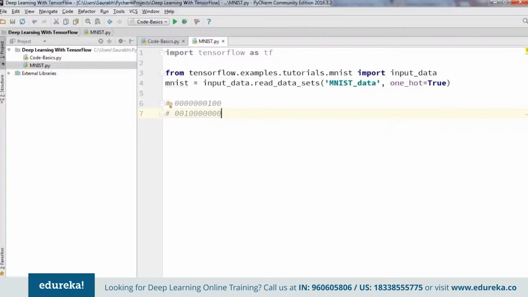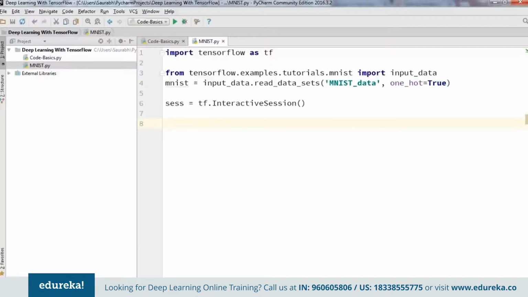So it's like only one output is active at a time. That's all. So our next step is to start the session like we do every time. So I'm going to type in here ses equals tf.interactive session. And now we are going to build the computation graph by creating nodes for the input images and